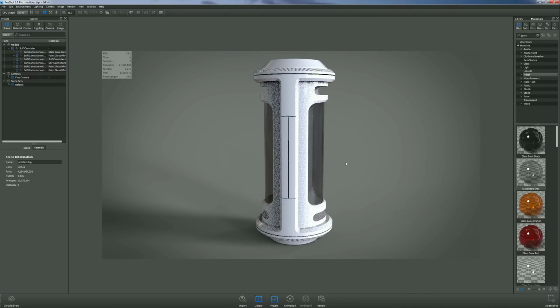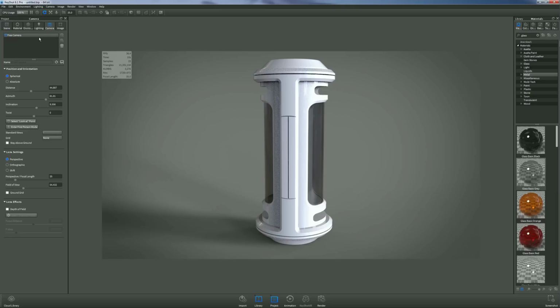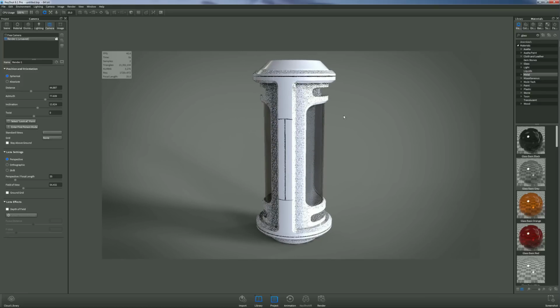Now that we've applied our basic materials, we should set up a render camera. Select the Camera tab in the Project panel, and we have just one camera, and it's called our free camera. I'm going to create a new camera. I'm going to call this one Render 1. And you have an option to lock cameras in order to make sure that you don't lose the settings or change the angle. Since I don't have this set up quite yet, I'm going to move my model into position,